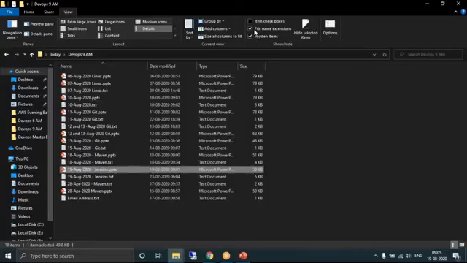If you remove this file name extensions option, the dot extensions will not be displayed. If you select it, they will be displayed. So in your Windows folder options, make sure that the file name extensions are visible.